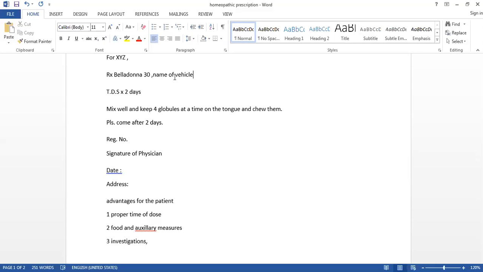If you want to prescribe the 50 millesimal scale potency, again the format is the same. Here the only difference is, instead of potency you can write down 0/3 or 0/1. Globule number here will be number 10 globule. Of course you are giving it in a sac lac. Then after that you have to write down here Aqua Distilla and rectified spirit, so that the compounder will know that this is a 50 millesimal scale and make a mist, that is, make a mixture. So there Aqua Distilla, sac lac, rectified spirit, all these words are necessary.